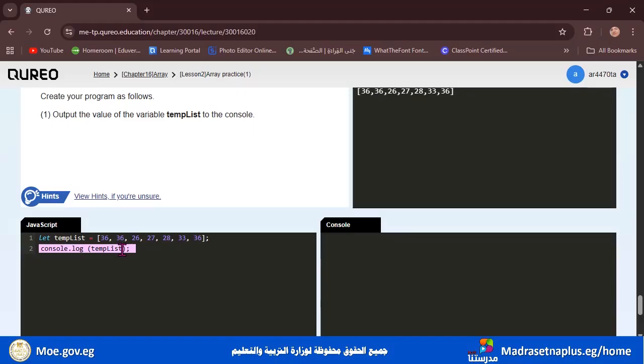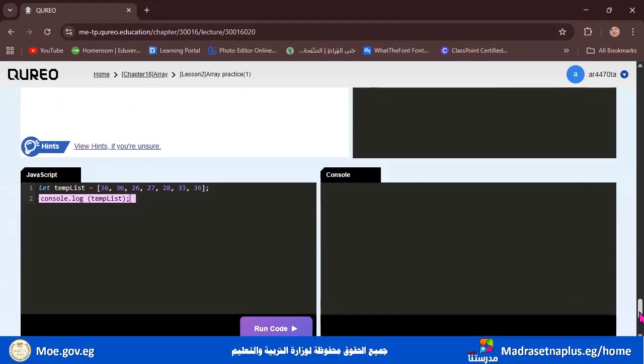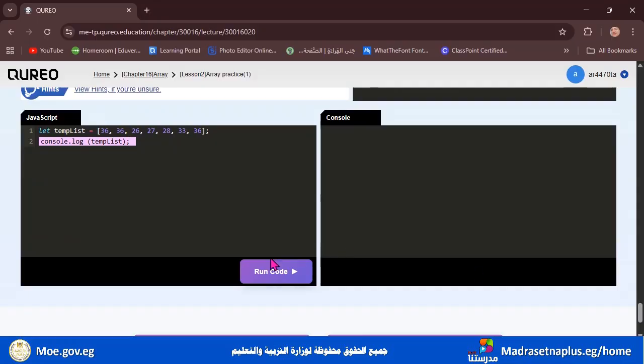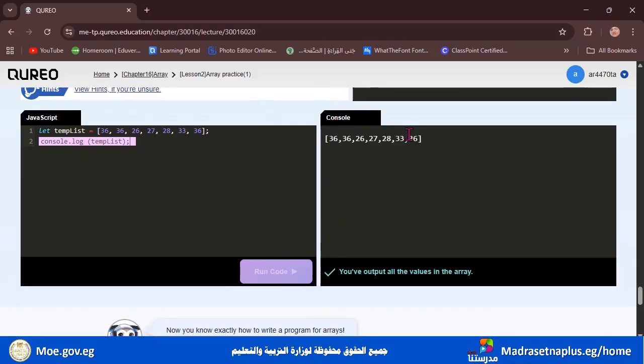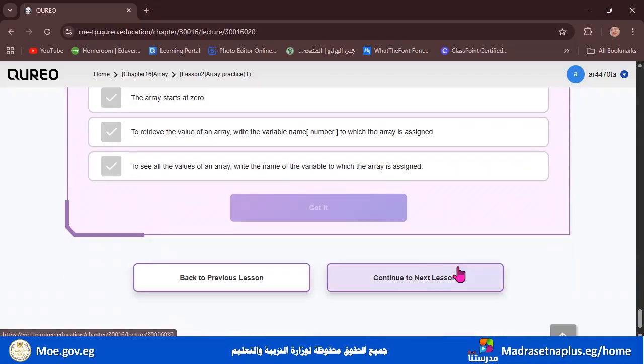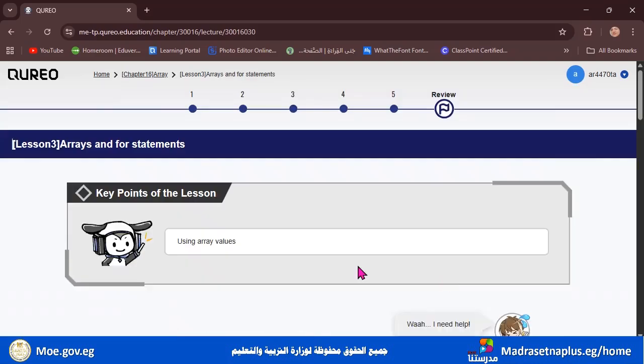We write square brackets and write the day or the number of the value itself. Let's click run code. And here we have all the values at the same time. Continue to the next lesson using array values.